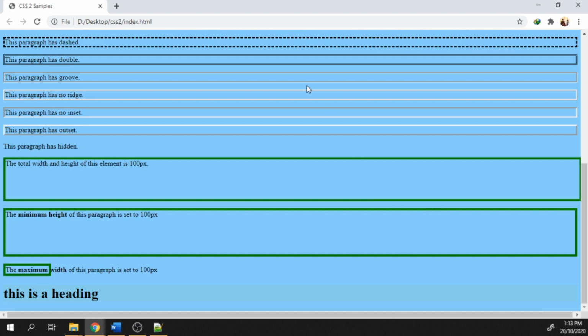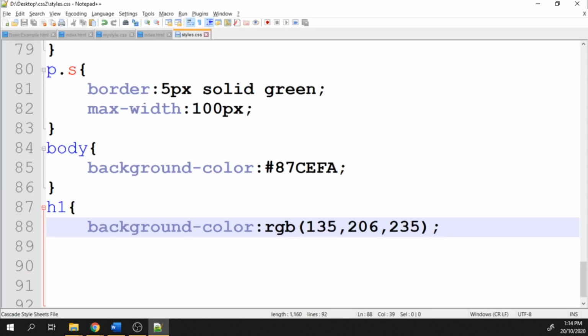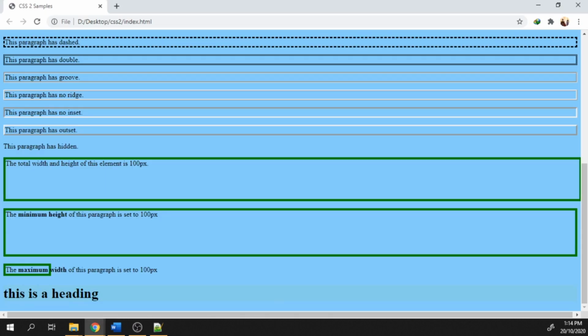Okay, so we have there. What color is it? So this is the color for this. It's kind of a greenish color. Anyways,